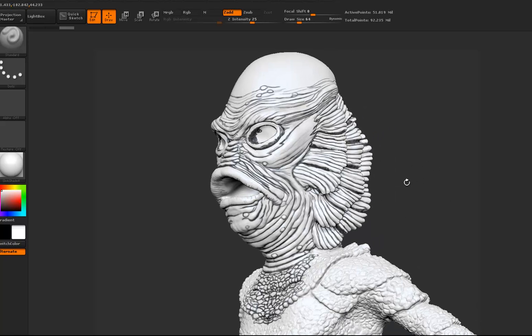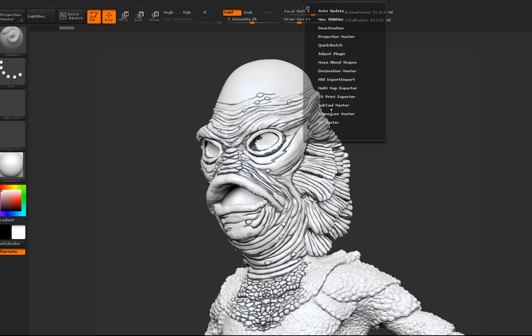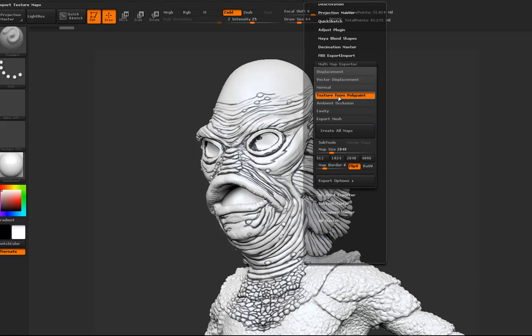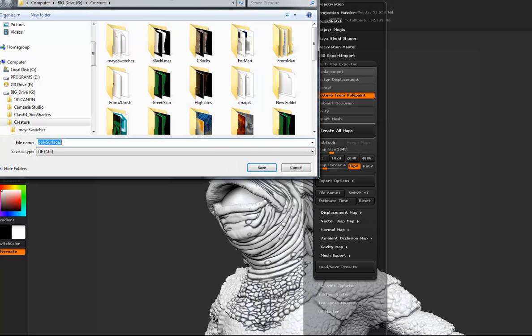because I've got all of my textures laid out in UDIMs, I'm going to want to go into the ZPlugin, and use the Multi Map Exporter, and in here I'm going to use just texture from PolyPaint. I'll put these at 2K just to go faster. And let's see if I need to look at any export options in here. I can change some things, whatever I need to change. But the big thing is getting the texture out from the PolyPaint, based on UDIMs, and that's what the Multi Map Exporter will do. So when I hit Create All Maps,